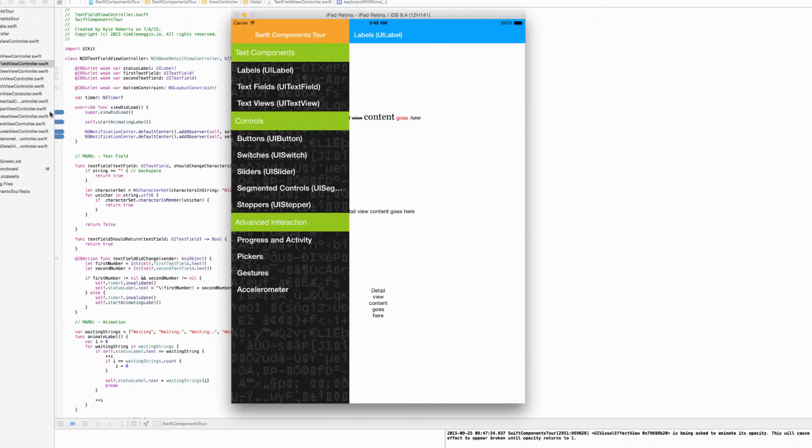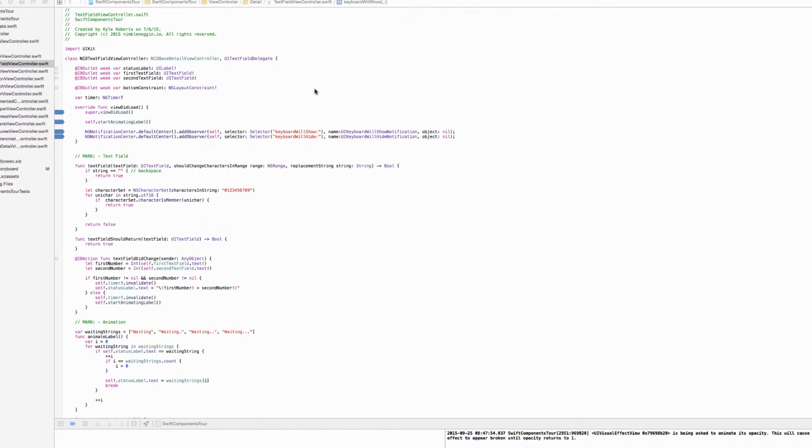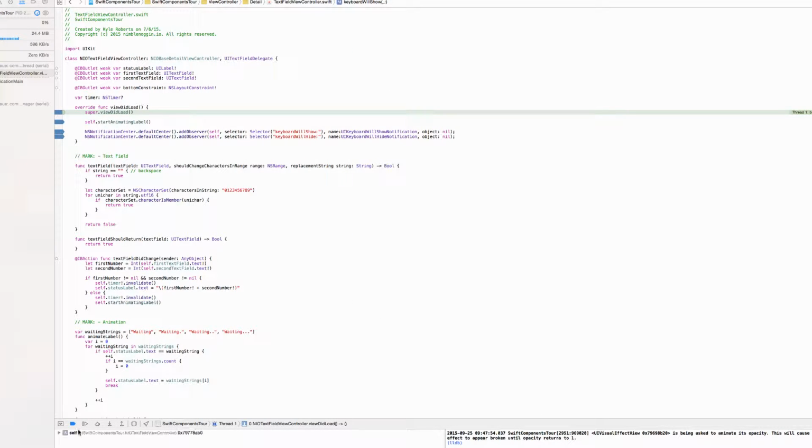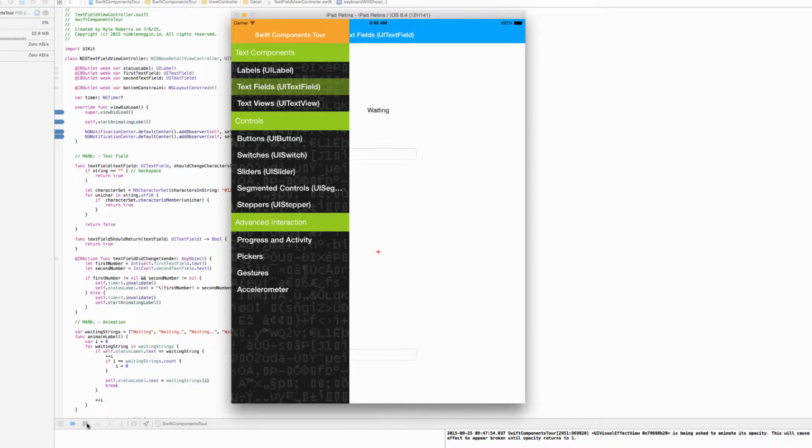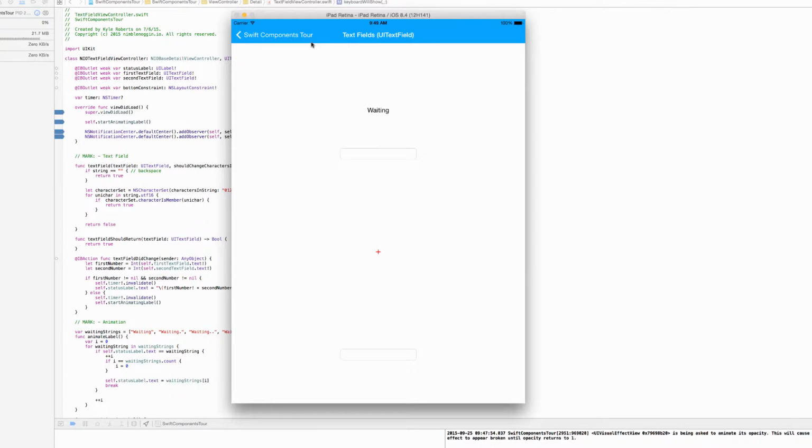So we can see here that in the text field view controller I have 4 breakpoints on the 4 lines in viewDidLoad, so that when I do open this view controller, we should hit each of these breakpoints. And we can just continue over with this play, pause, execution button down there. And we've just continued past all 4 of those breakpoints, and we didn't really need to know anything that was